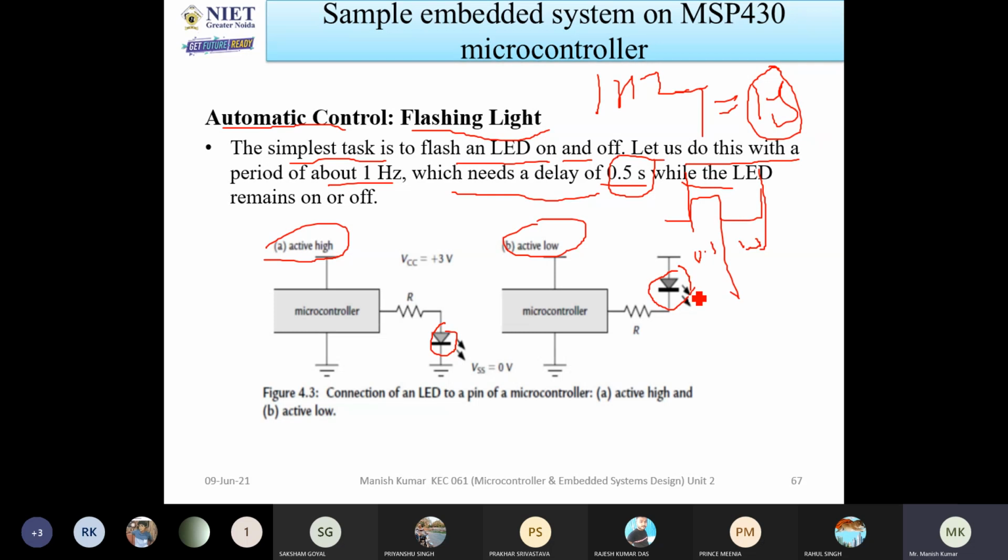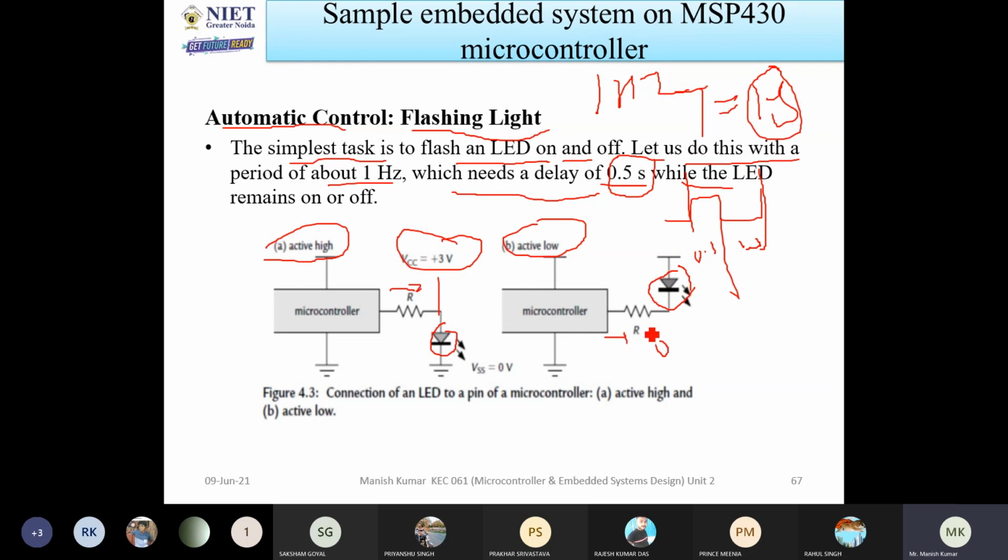In the case of active high, if you supply 1, that is VCC, then the LED will glow. In the case of active low, what will happen? If you provide 0, then it will glow.